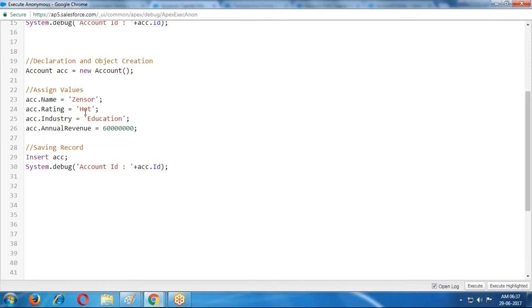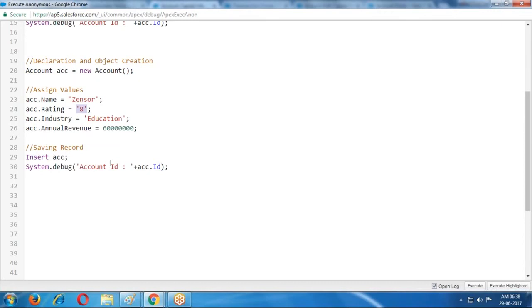Rating equal to Hot. Can I provide 8 for the rating? Yes or no? In this case it is accepting. Why it is accepting means we are using this 8 in single quotes.